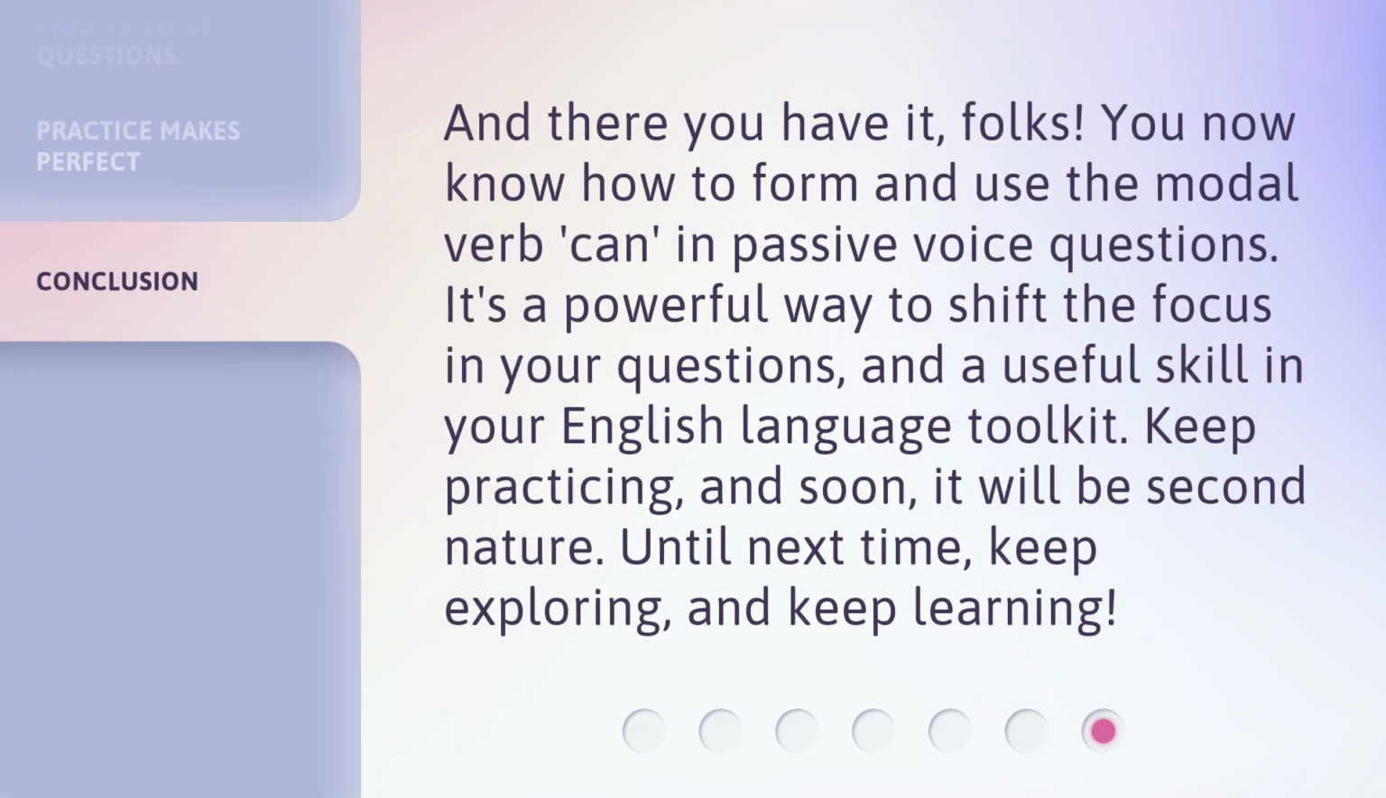And there you have it, folks. You now know how to form and use the modal verb can in passive voice questions. It's a powerful way to shift the focus in your questions and a useful skill in your English language toolkit. Keep practicing, and soon, it will be